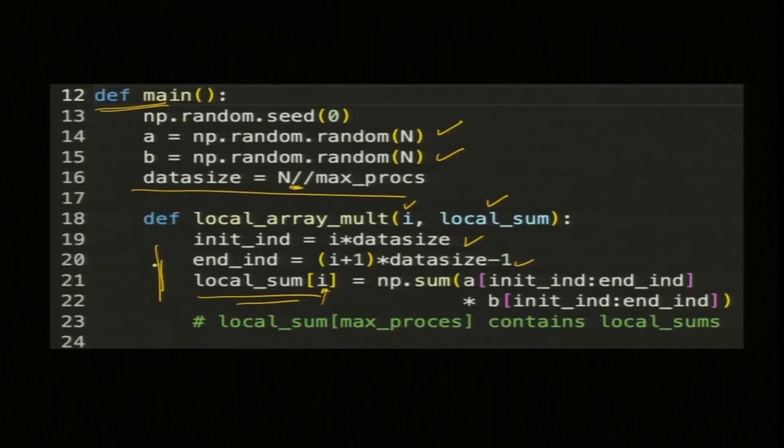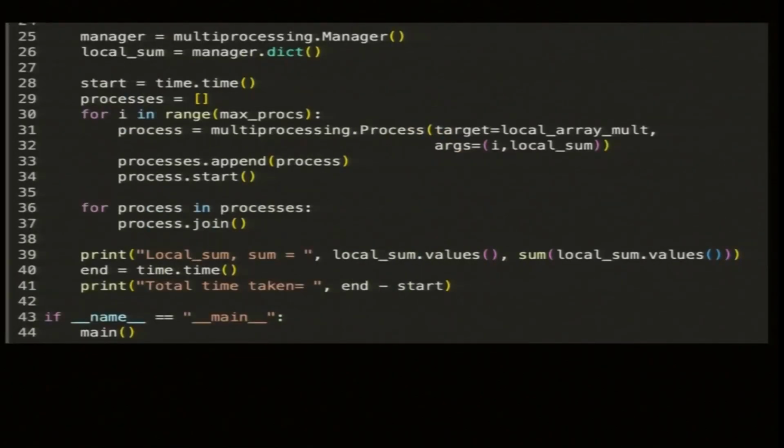This part is very simple. Now we proceed further. The manager is created here, local sum is a dictionary, a table, then a start time, and a process list which is empty right now. This is precisely what I did for creating processes one after the other. Target is my function and my arguments are I and local sum.